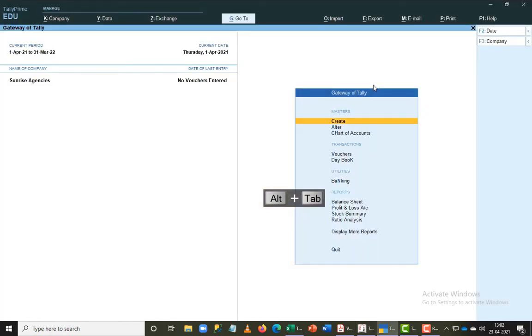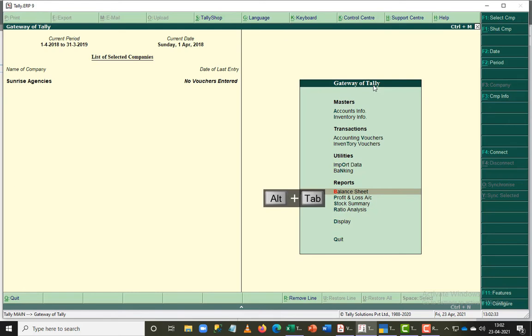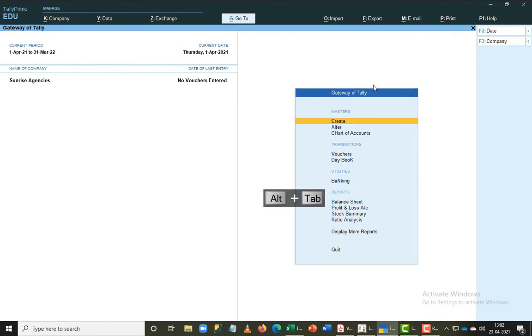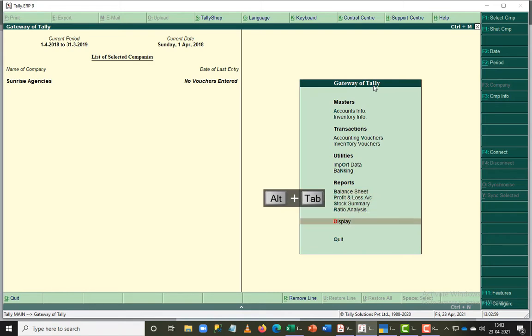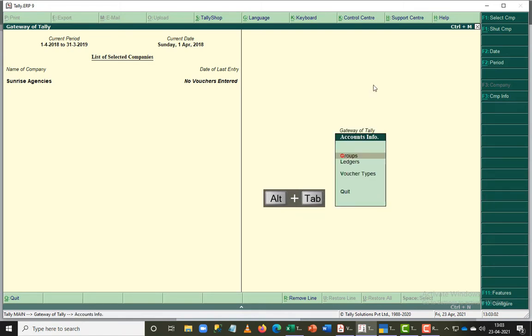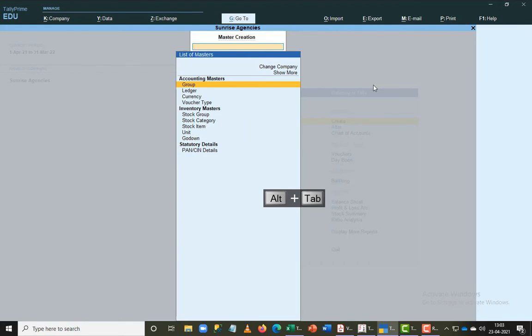So when I go down to masters, earlier I had to have a separate accounting master and a separate inventory master. If I activate furthermore, I'll be getting a separate payroll master. You will get lots and lots of information here. When I go down here, I don't have anything as such. So they gave everything in one screen. When I go to create, automatically you can see that it gives you all the information that you're looking for. In the earlier version of Tally, you don't see a master creation for currency. So when I get into accounts information, if you want a currency to be activated, you have to activate an F11 feature. We don't want to do that in Tally Prime.